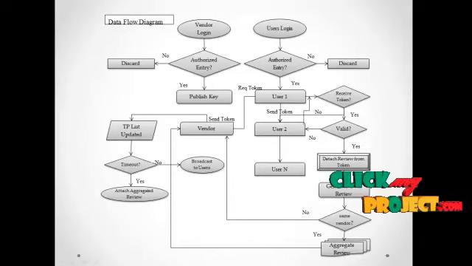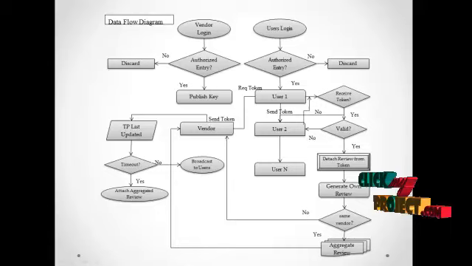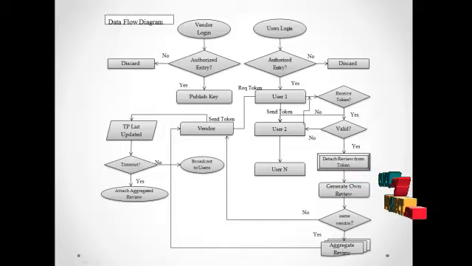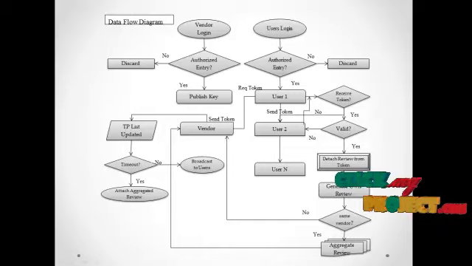This is the data flow diagram of this project. Here I have considered a service vendor and a service user. So these two persons can log in using their valid username and password, which can be generated during the registration. So other unauthorized persons will be discarded from the entry.